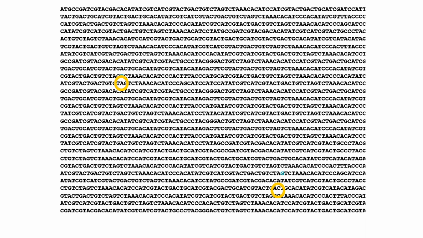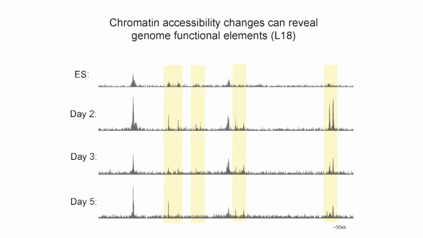So we'll start by asking questions about what parts of the genome are active and how can we annotate them. So we can use, once again, different kinds of sequencing-based assays to identify the regions of the genome that are active in any given cellular state. And furthermore, if we look at different cells, we can tell which parts of the genome are differentially active. Here you can see the active chromatin during the differentiation of an ES cell into a terminal type over a 50 kilobase window, and the regions of the genome that are shaded in yellow represent regions that are differentially active.